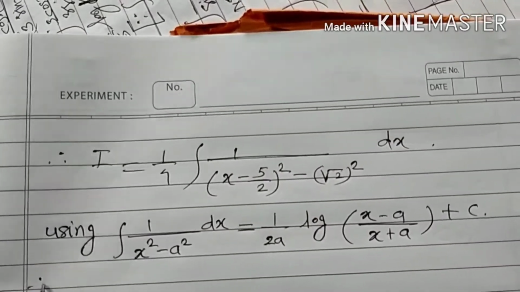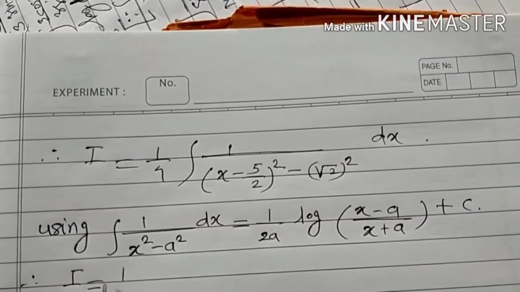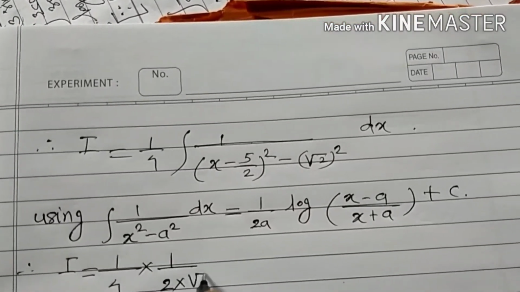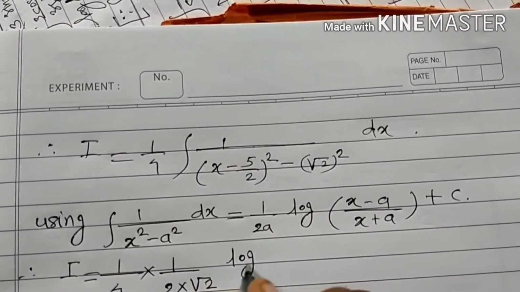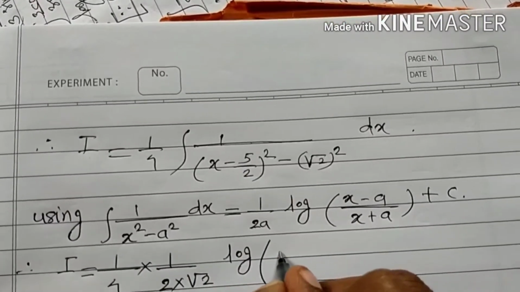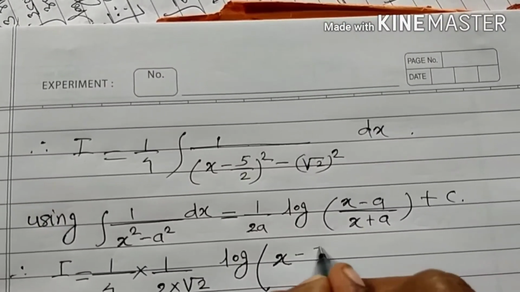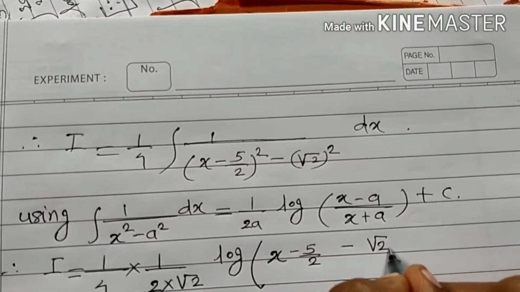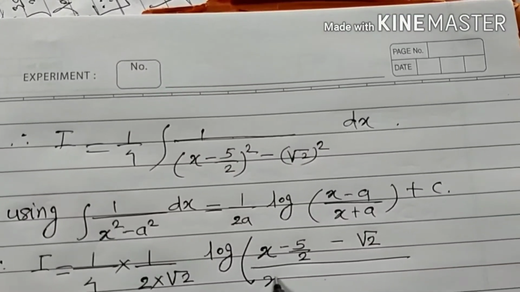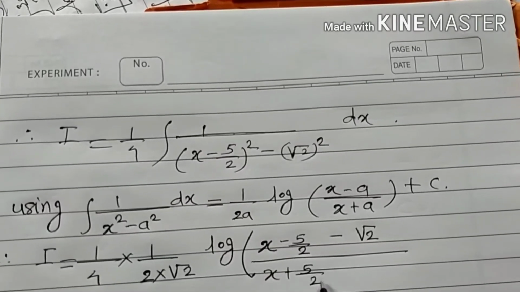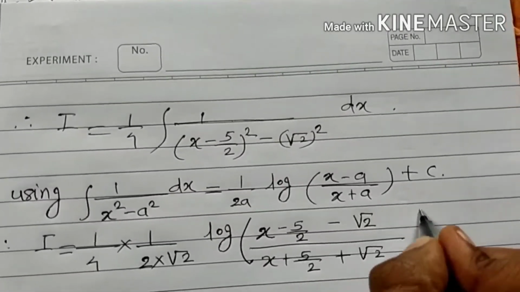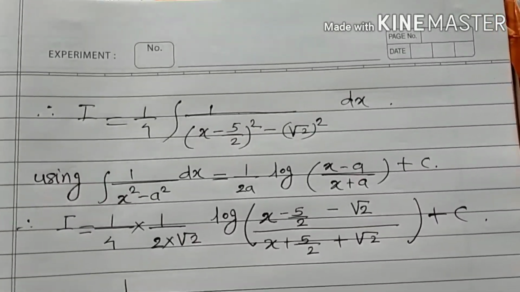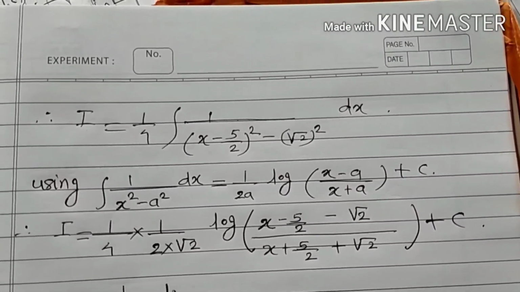Using this, therefore I is equal to 1/4, then 1 upon 2a, here root 2, log of (x minus 5/2 minus root 2) upon (x plus 5/2 plus root 2) plus c. So it is like that, 1 upon 8 root 2 log